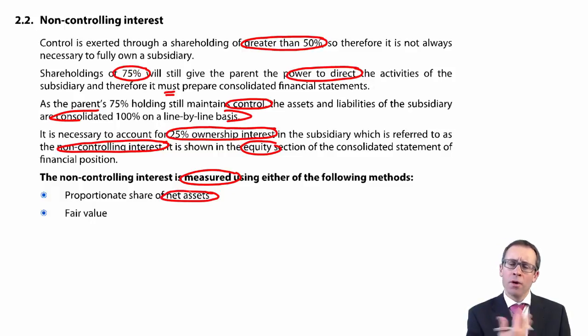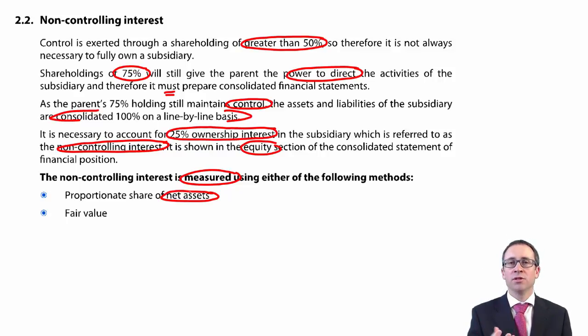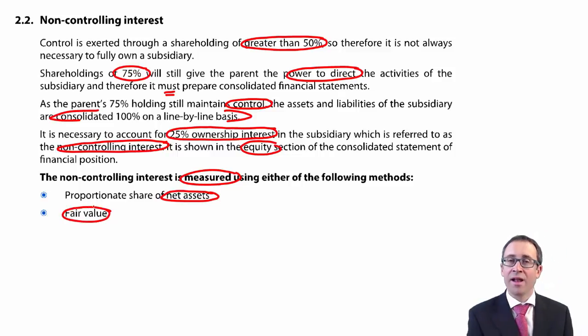But the issue that you have there with regards to the net assets, the assets less the liabilities, in the subsidiary's books, is that they are normally shown at their book value, aren't they? Now, book value doesn't represent what they are truly worth. The true worth of a business is the share price, isn't it? And when we're talking about the share price, we're talking there about a fair value.